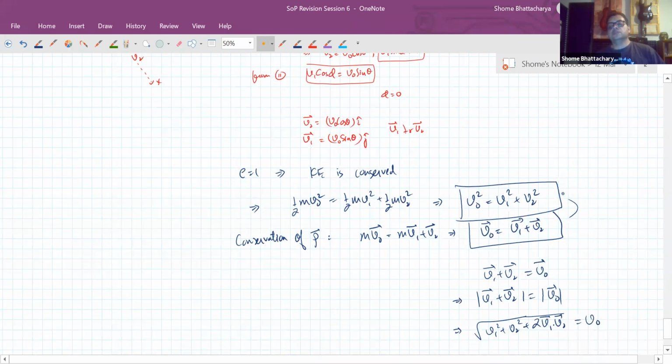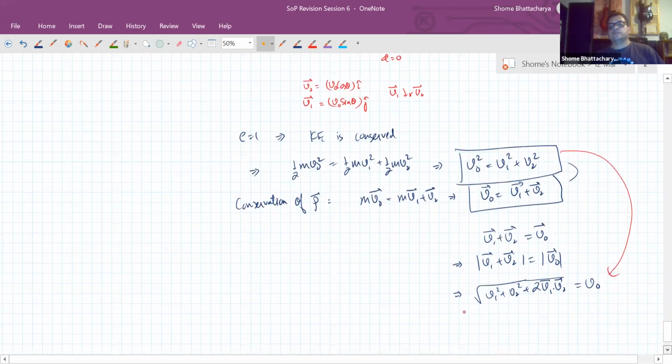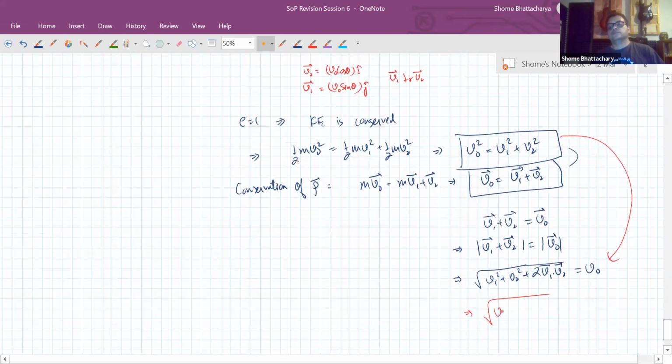Now compare it with this. So this implies that the dot product of the two vectors is 0, which means they are perpendicular to each other. Okay. So this is an important case of the